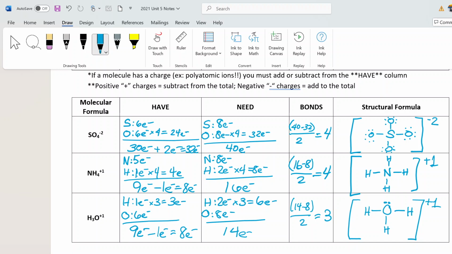Okay, so be careful with your math and make sure that when you have charges, when it's negative, you're adding electrons. When it's positive, you're